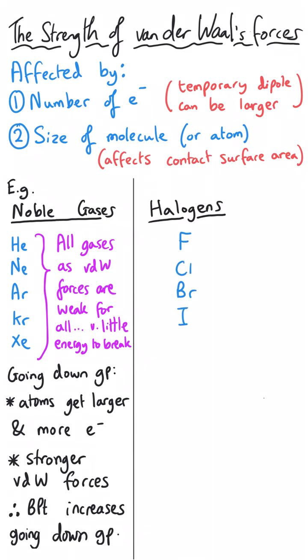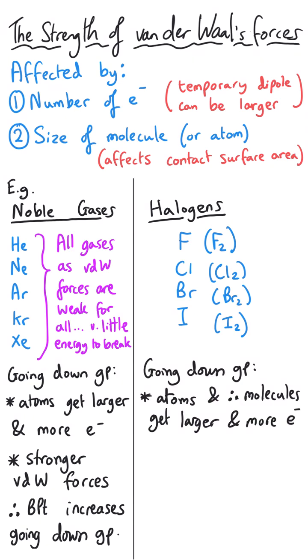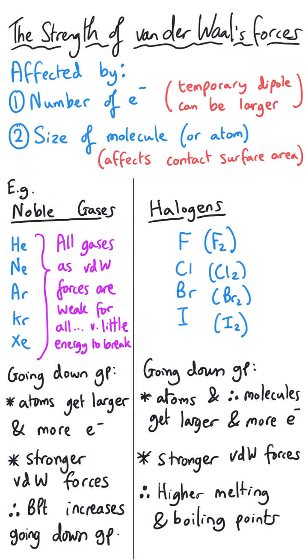Similarly, the group 7 elements exist as diatomic molecules, but the atoms within these molecules get larger as we work our way down the group, and they have more electrons, and so there will be stronger van der Waals forces, and these substances will have higher melting and boiling points as well. And as a consequence of that, we have the interesting feature that in group 7, fluorine and chlorine are gases